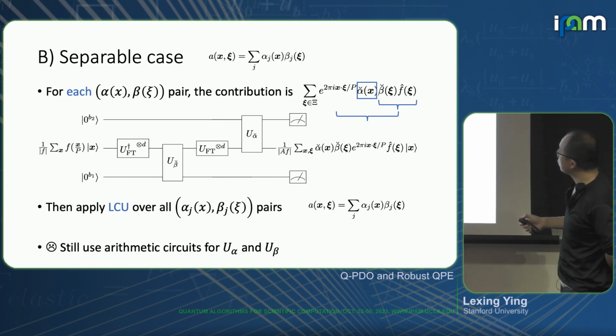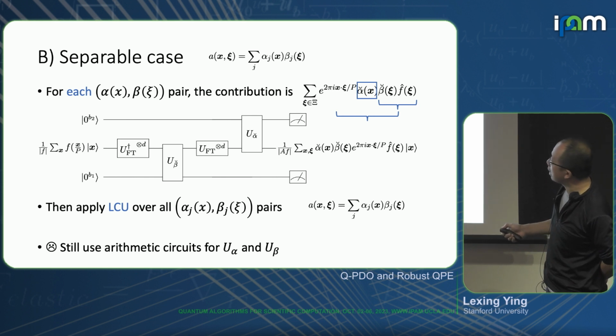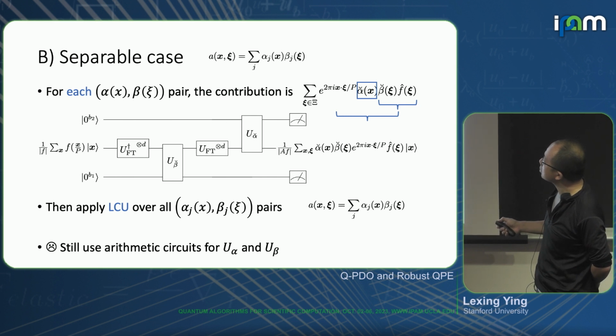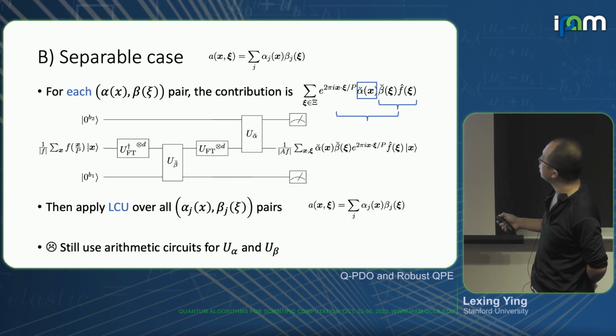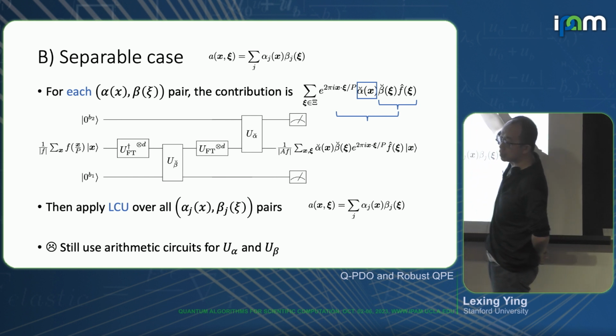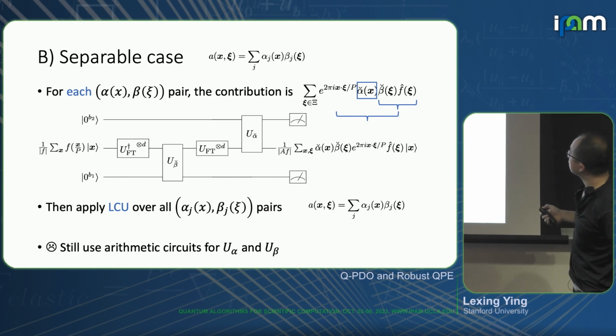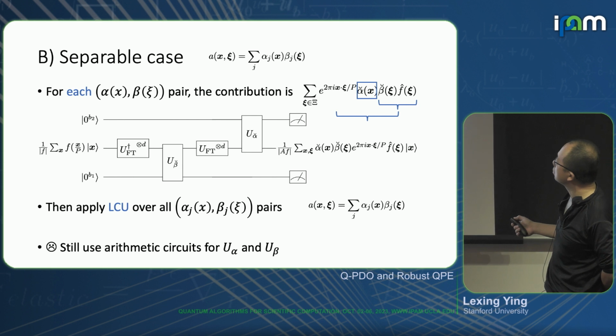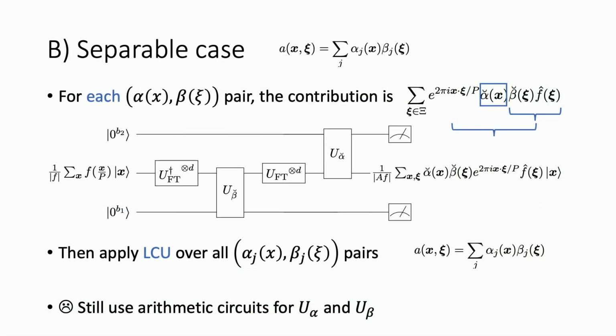Now, if the symbol itself is just alpha times beta, A(x, Kasi) is alpha of x times beta of Kasi, then this contribution to the whole thing is given by this formula. Here, all I've done is replace A(x, Kasi) with alpha times beta. Now you see this is extremely useful, because this is the key idea behind the classical algorithm for speeding up pseudo-differential operator calculation. What you do is the Kasi multiplication first. Once you do that, I can delay the alpha computation, because it's only dependent on x.